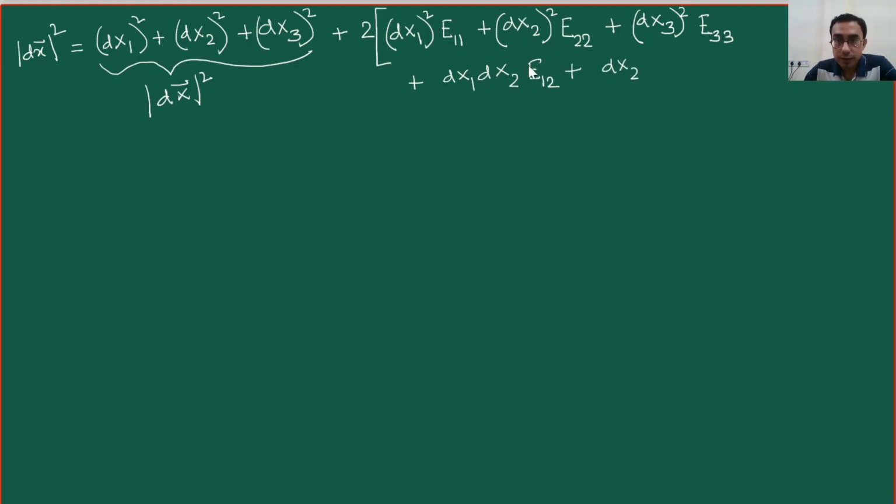Of course, you understand that the actual expressions of this E11, E22, E33, E12, E23, which is here, and sorry, I need to write a dx3 here. Then comes the E23, and the E31 will come with this dx3, dx1. So all these expressions of the E's will be quite long, but written in this form, it is relatively compact. Okay, so now comes the big part,